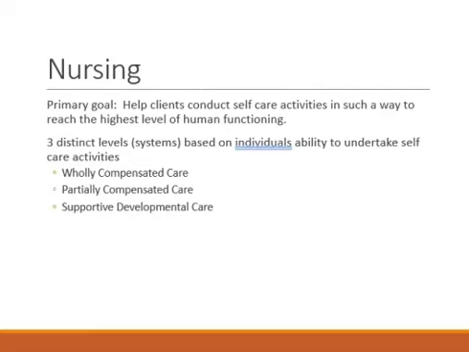So, some examples are of clients who require that level of care. They can be comatose, ventilator dependent, in an intensive care unit. These clients are basically going to be what we call our total care patients, if you've heard that term before. They are going to be fully dependent and require total care from the nursing side. So, partially compensated care, clients in this category